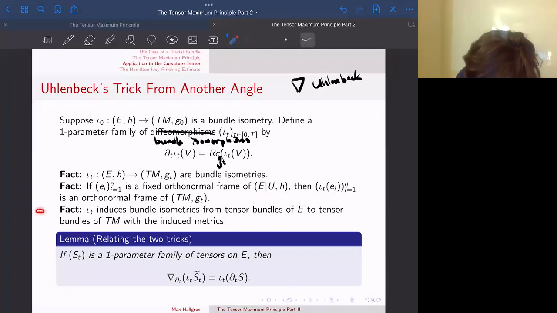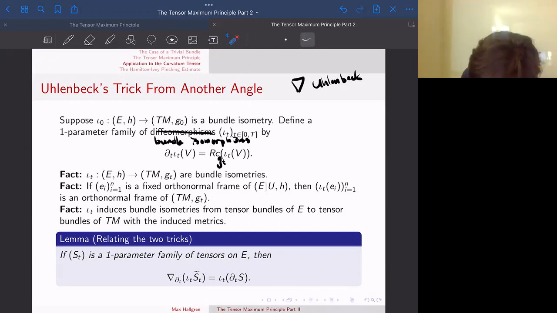And so it's pretty straightforward to show that this map iota of t is also going to be a bundle isometry between these tensor bundles, where you have the induced metrics from H and from G sub t. Okay, and so the way that this is related to the version of Uhlenbeck's trick that you've all seen is